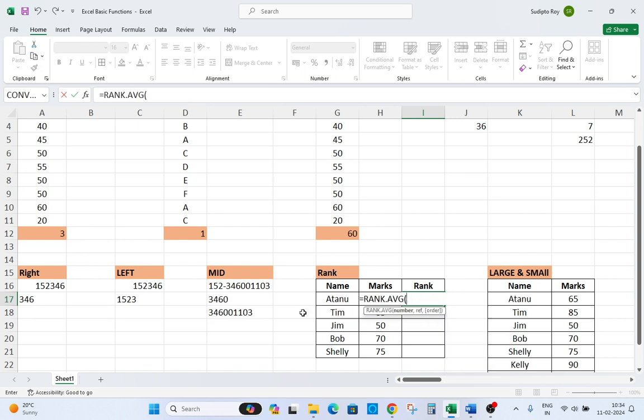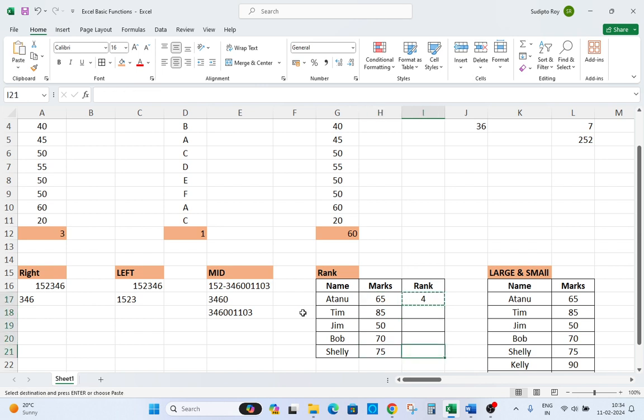Rank. Okay, rank. Okay, the number, comma, and the reference number is also going to be this one only, and we will just leave it at that. So if we have a good look at this,